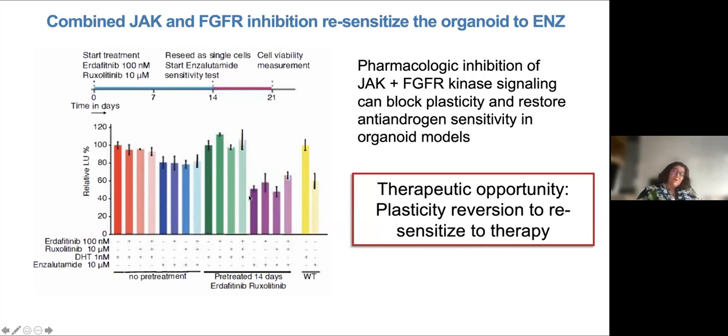This is, of course, in an organoid model. We're very far from the clinic. You need AR signaling, some AR signaling to still be there. If AR is completely gone, it won't work. But early enough, even though most of the AR signaling is gone, you can really revert this state.